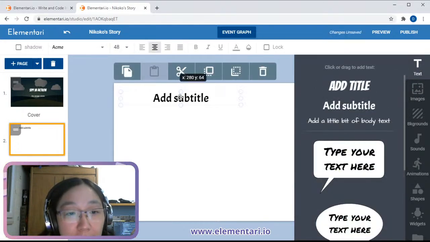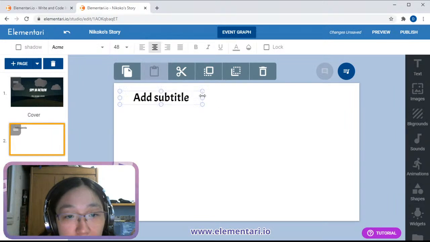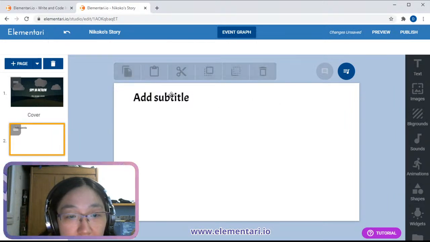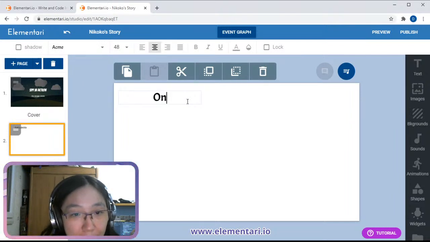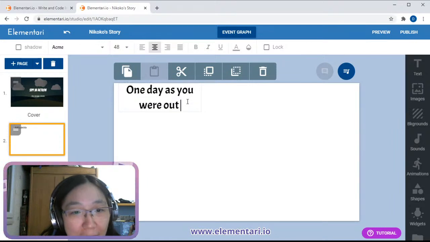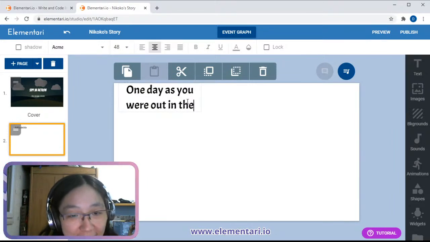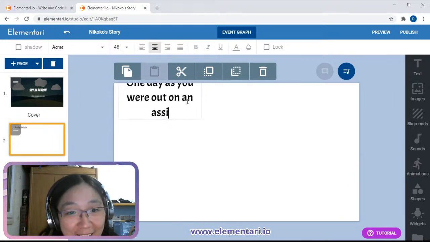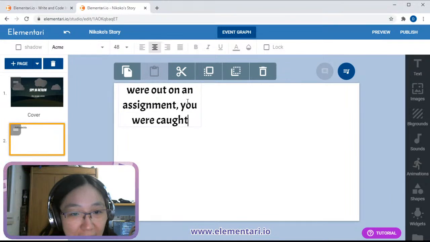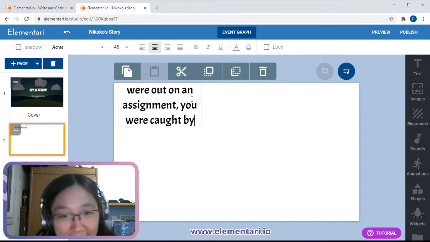So this is the scenario of our escape room. So here's our hook. One day as you were out on an assignment, you were caught by... I don't know.